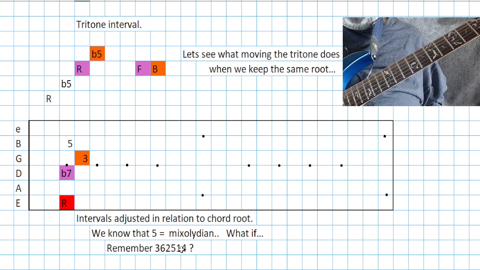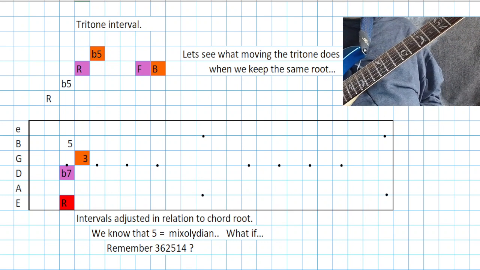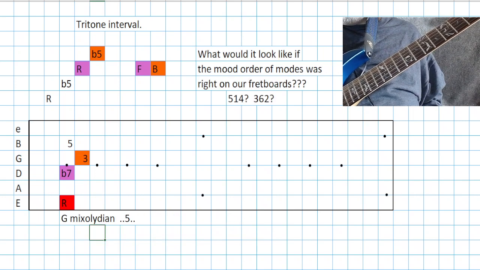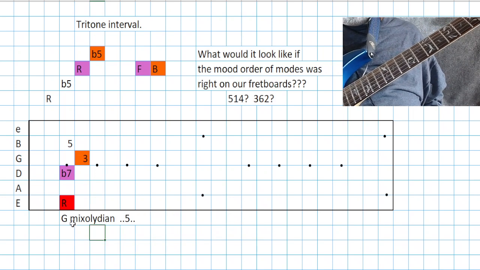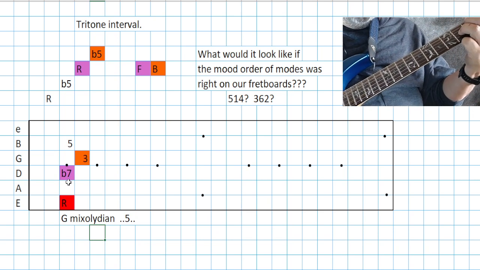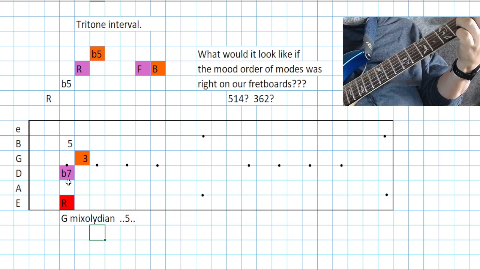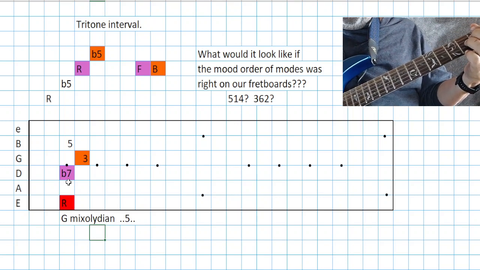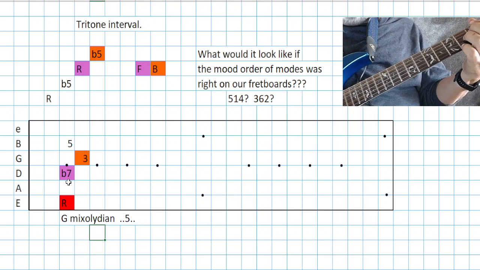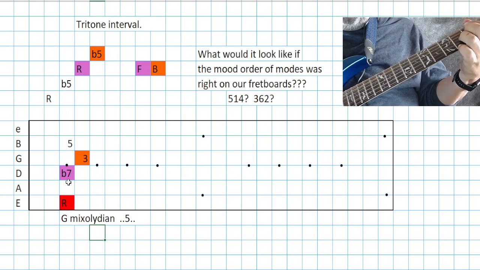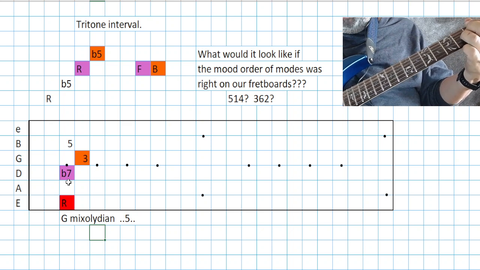So what if this 362514 could still help us and created a super amazingly easy geometry on the fretboard? Could it be true? Well, guess what? If G Mixolydian is 5, let's think about this. If this is 5, and we know typically on the guitar what follows 5? A 1. What follows the 1? A 4. What follows the 4? A 3, then a 6, then a 2. Could it be that this interval basically should work like G Mixolydian,